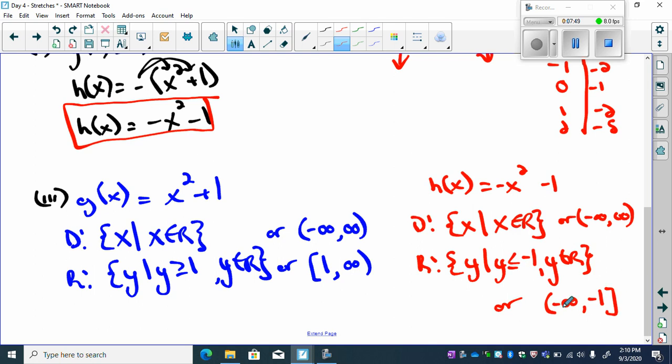Now notice, some people might want to put the negative 1 first, but negative infinity is definitely less than negative 1. So it's always the smaller number, comma, your larger number when you're doing interval notation. Round bracket precedes the negative infinity. Could be a round bracket after the negative 1, but it's a square bracket because it can equal. It would be round if this just said less than negative 1. All right, so that's kind of